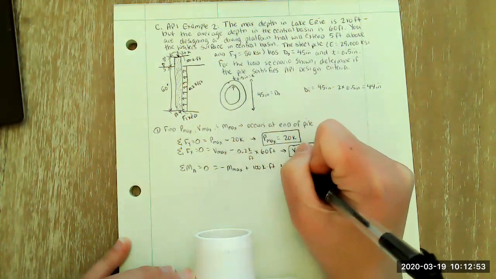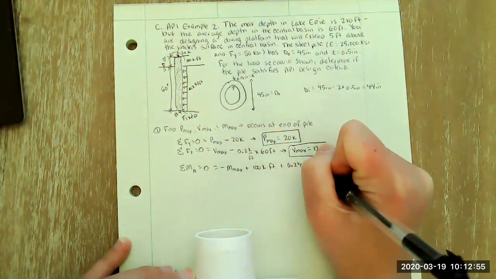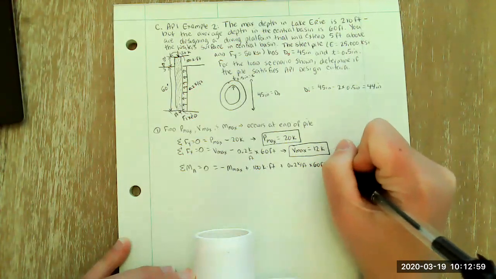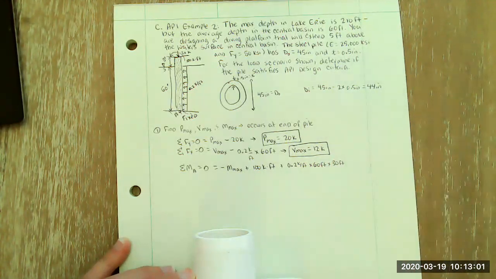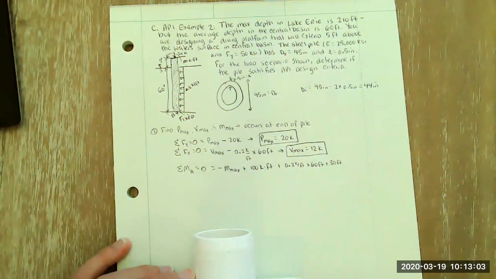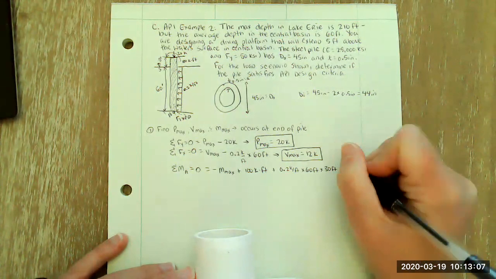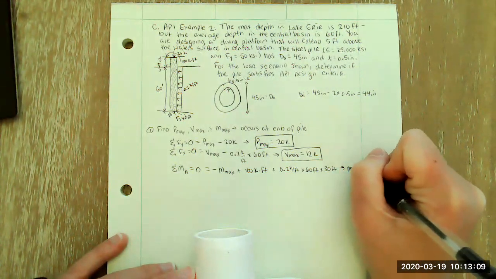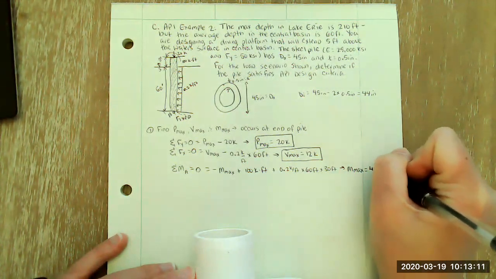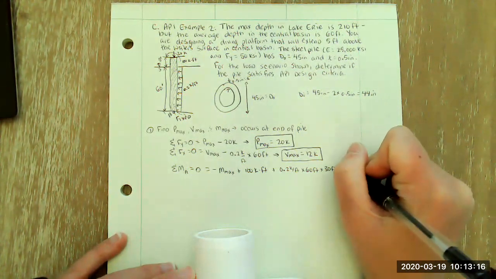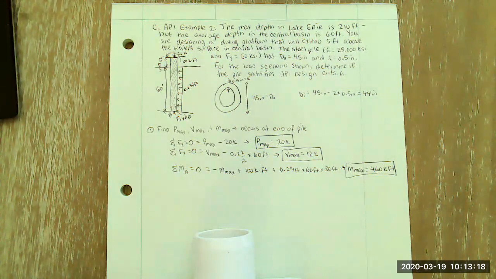Plus 0.2 kips per foot distributed over 60 feet of the pile, and the resultant force would act 30 feet away from the pile itself. Doing that math, we get that M max is equal to 460 kip feet. These are the loads that we'll use when calculating the actual compressive, bending, and shear stresses in the